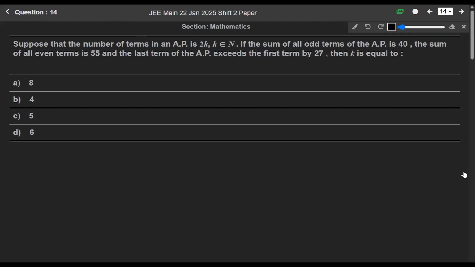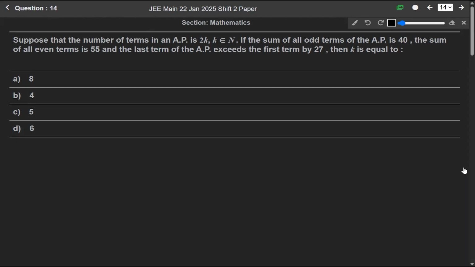Now the next question is 14. Suppose that the number of terms in an AP is 2k, where k belongs to natural number. If the sum of all odd terms of the AP is 40, the sum of all even terms is 55, and the last term of the AP exceeds the first term by 27, then k is equals to. Okay. So it is saying that the number of terms in an AP is 2k. Okay. So let